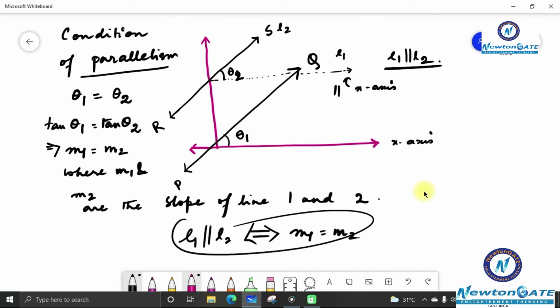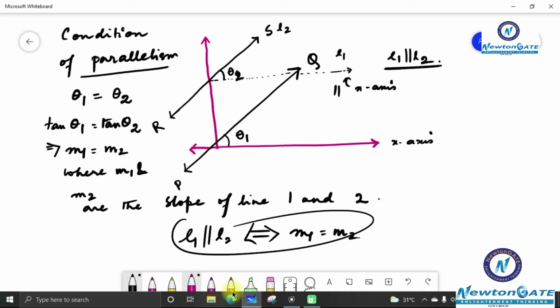Now next we will do the condition of perpendicularity. Again, another important concept: condition of parallelism and condition of perpendicularity. See, these are very easy topics if you understand the concept behind them, but we tend to forget the nitty-gritties of the topic while doing our numericals. So remember, parallelism is when M1 will be M2. Now another important thing, again I am repeating the same. This is in the case when I am considering two or more lines.